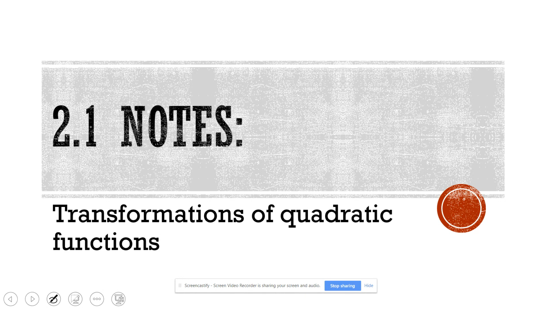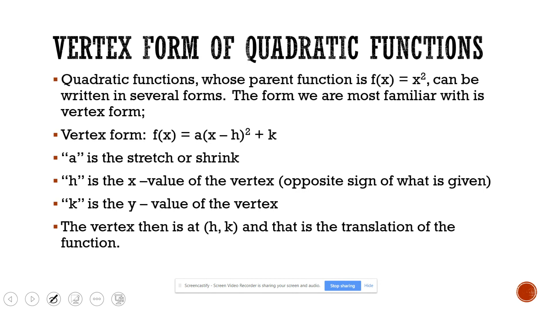Today we're going to jump into chapter 2 and talk about transformations of quadratic functions. Really what we're doing is reviewing what we've done the last two sections, but focusing mainly on quadratic functions. The first form of quadratic function we're going to discuss is vertex form. So we know that the parent function is f of x equals x squared, or y equals x squared. There are many ways that we can write the quadratic function, and the first way that we're going to talk